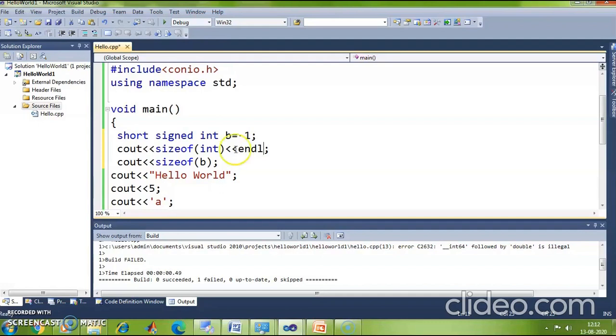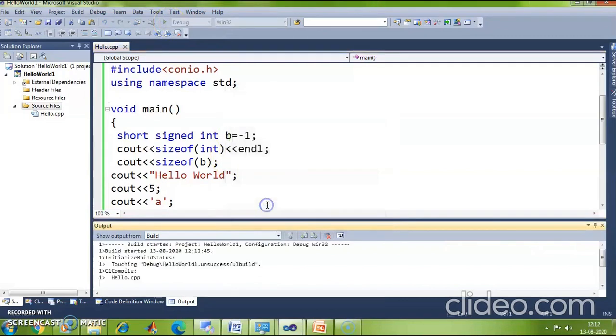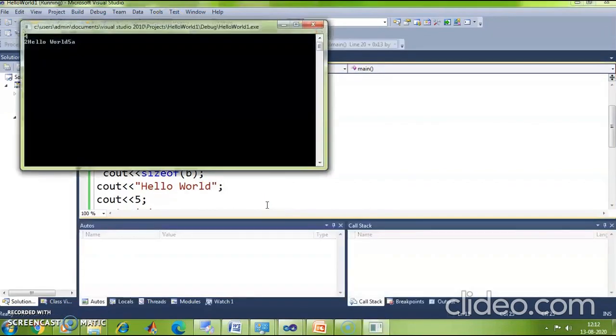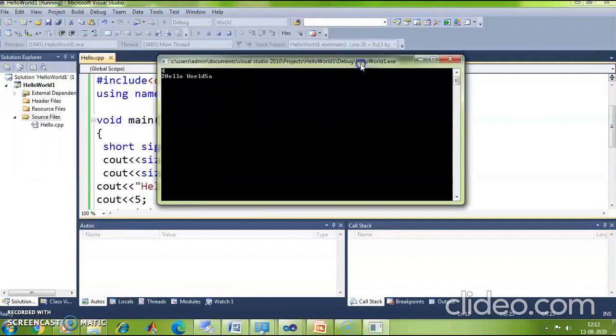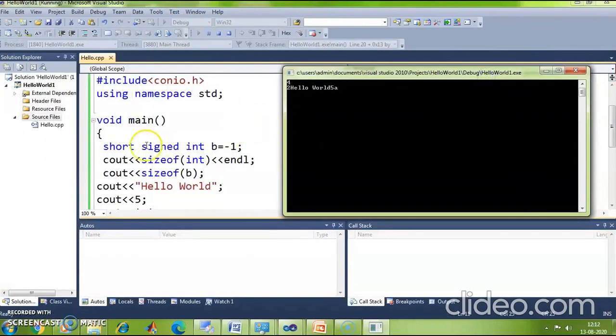Okay, so now let me see the output so that I know what is the size of int and what is the size of short int. You see here the size of int printed over here is 4 bytes, whereas the size of short integer is 2 bytes.